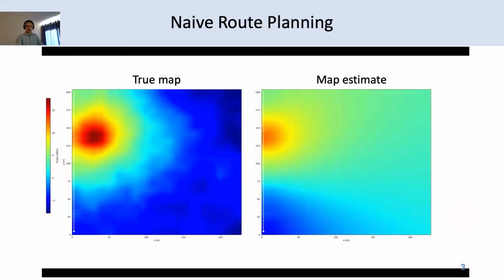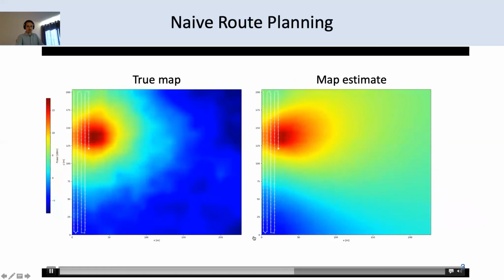To see why this is important, this video illustrates the typical process of collecting measurements, where a UAV follows a sequence of waypoints located on a rectangular grid. Observe that even after a large number of measurements, the estimate is still quite poor. In this paper, we address the design of a trajectory to obtain an accurate map estimate in the shortest time possible. So to this end, the UAV utilizes the previous measurements to determine which measurement locations are most informative.